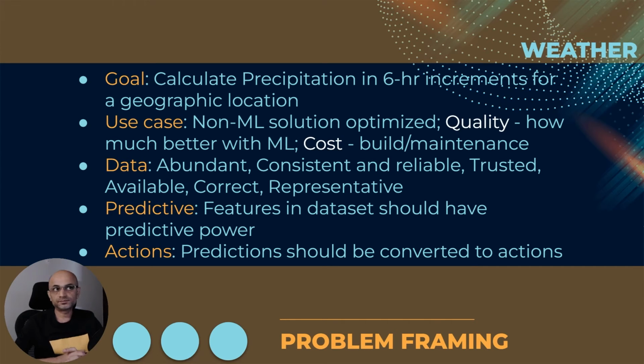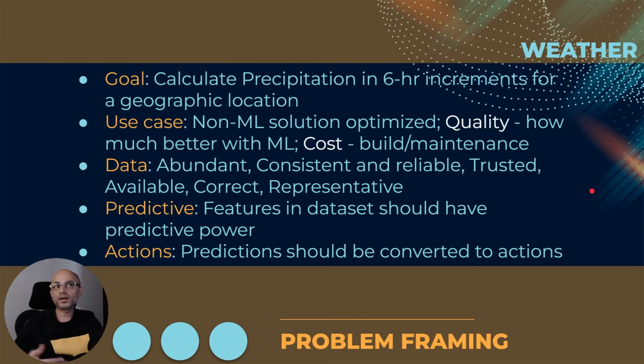And maybe use case. When it comes to use case, you should always ask whether your non-ML solution is optimized. Because without optimizing that, you should not enter into the ML space. One reason is that there may be a lot of cost to build and maintain the ML solution. So you need to cross-check that with the non-ML solution. And also, you need an optimized non-ML solution to even check the quality of your ML solution, whether it is better. And you need a lot of data to go for the ML solution.